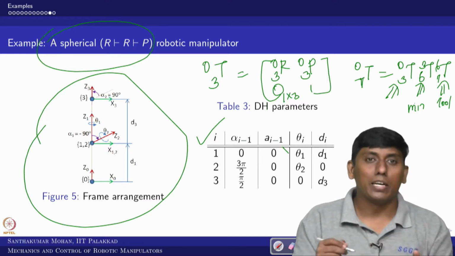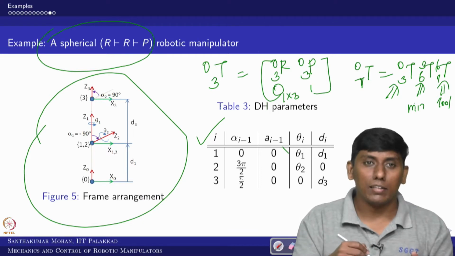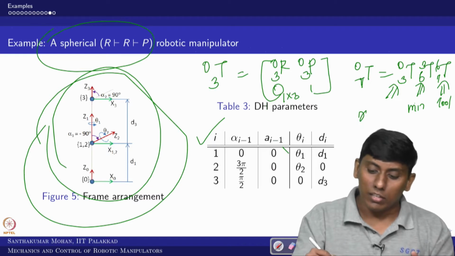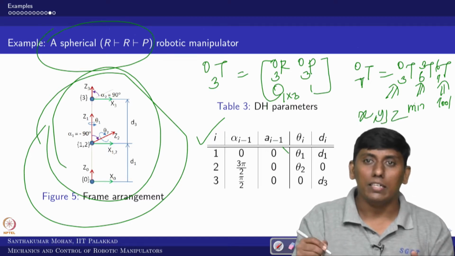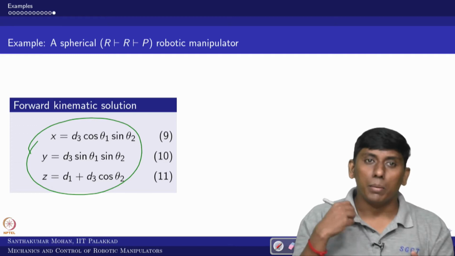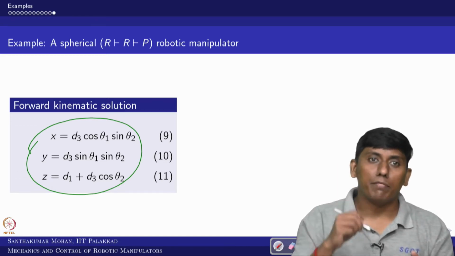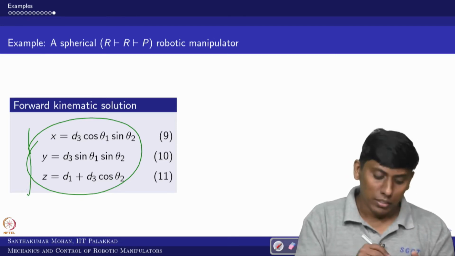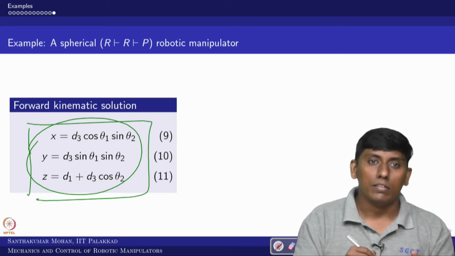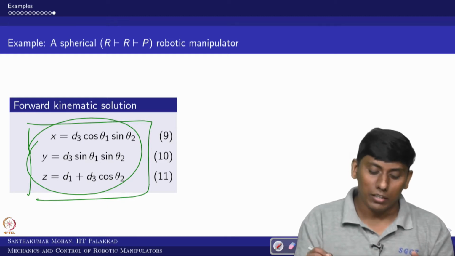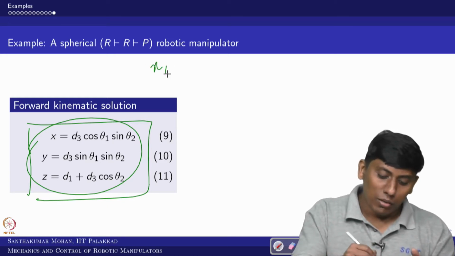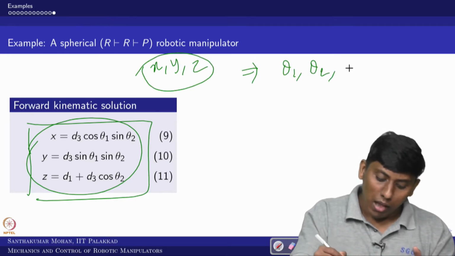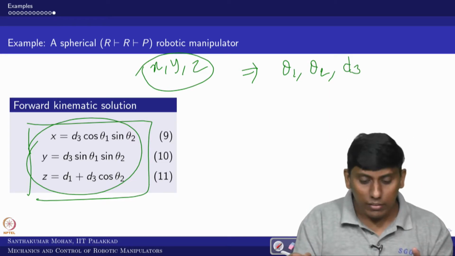So based on that, the spherical robot, what is it giving? It is giving 3 axes. These 3 axes are called the major axes, corresponding to x, y and z. In the sense of what we are interested in, the position of the end effector is what you call forward kinematics, so x, y, z can be obtained. This we have already done in the previous lecture. Now, if x, y and z are given, can I find theta 1, theta 2 and d3 in this case? Yes, we can do it.